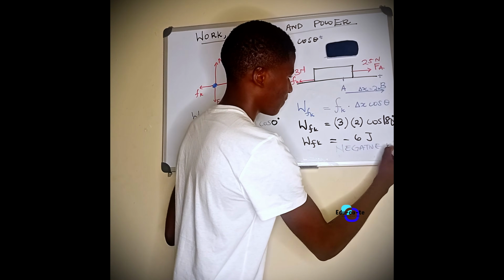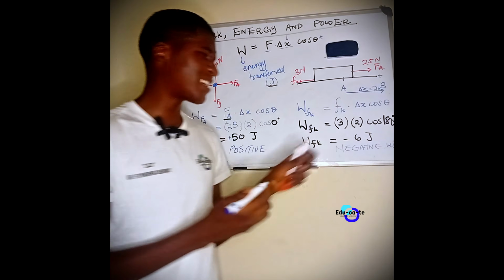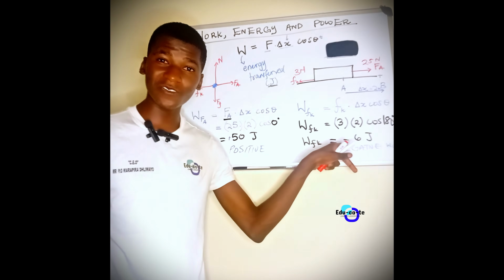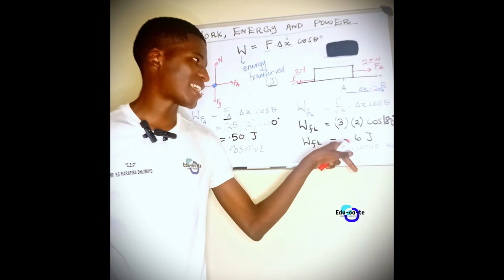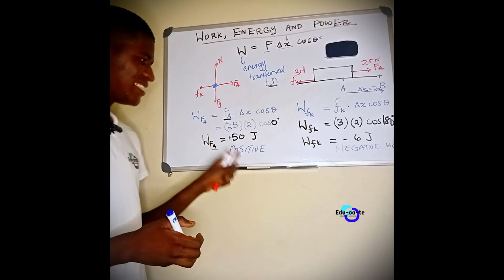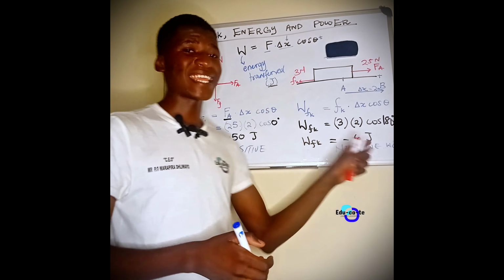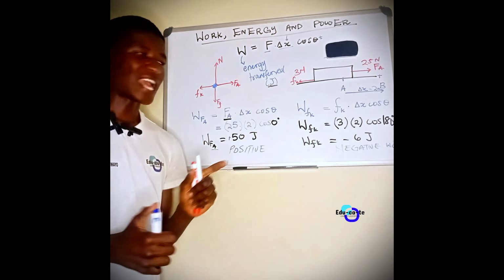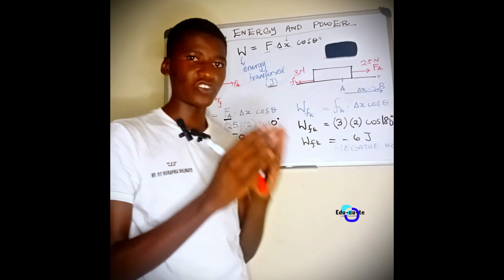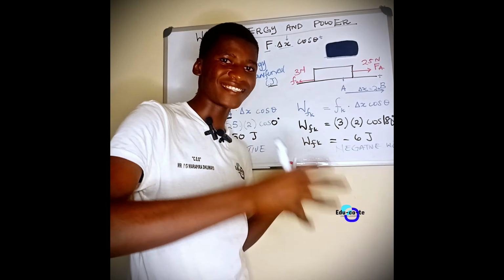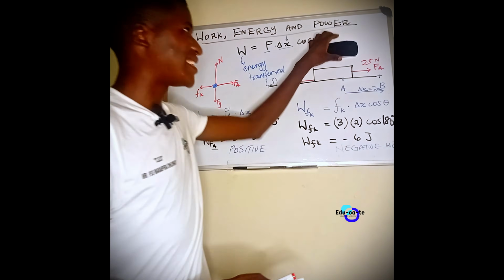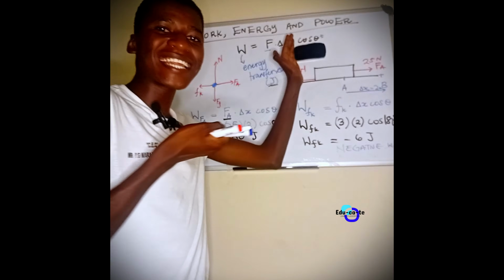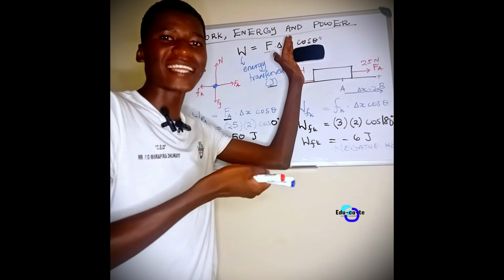So we can say that the frictional force is doing negative work. So do not be tempted to say this is 6 joules to the left because you are used to vectors and stuff. But basically, the difference between positive and negative work is that positive work actually favors the motion. It actually increases the energy. Just like as I'm applying a force to this duster, I am increasing the duster's energy so that it can move.